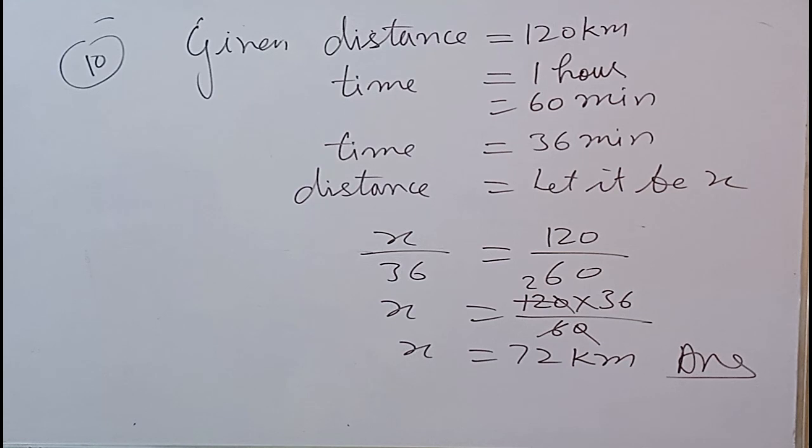So the case is direct variation. So write down the distance upon the time, x upon 36. Again the distance is 120, and the time taken for that 120 is 60 minutes. So the denominator of the left hand side will multiply to the numerator of the right hand side, that is 120. So x equals 36 into 120 upon 60. 0 to 0 cancel, and 6 into 6 is 12, and 36 into 2 will give 72. So x equals 72 kilometers. So with the help of this question number 10, you can try to do the other sums.